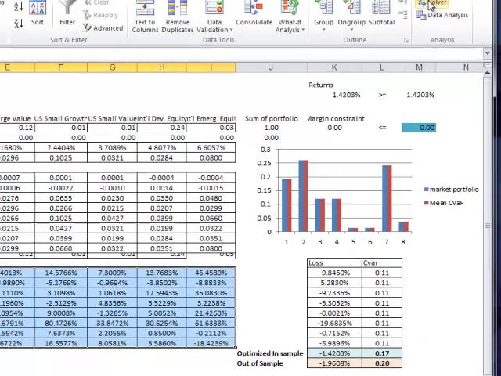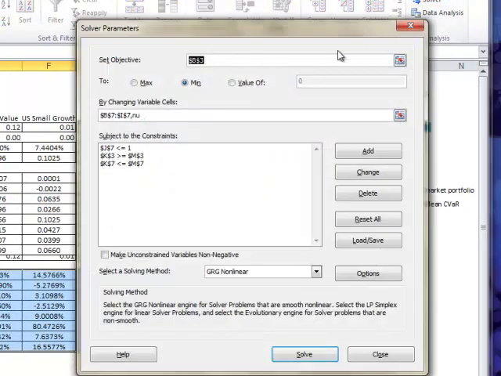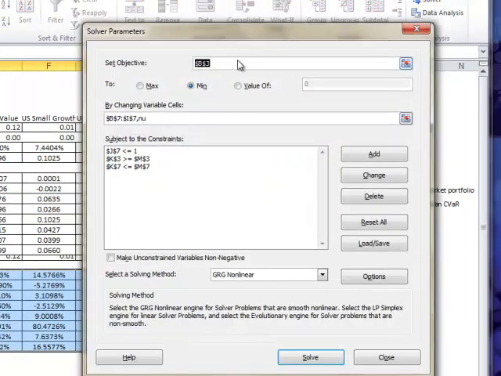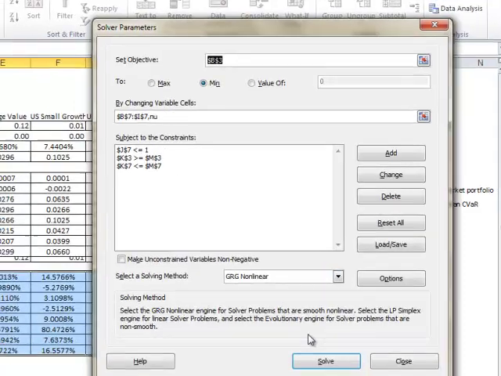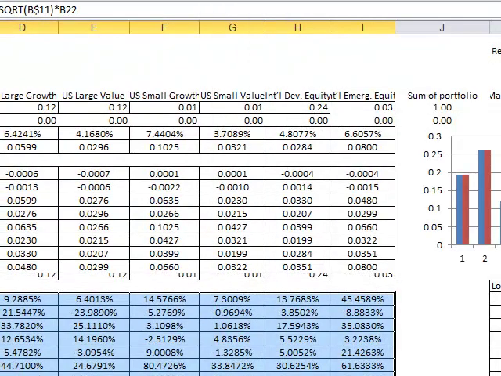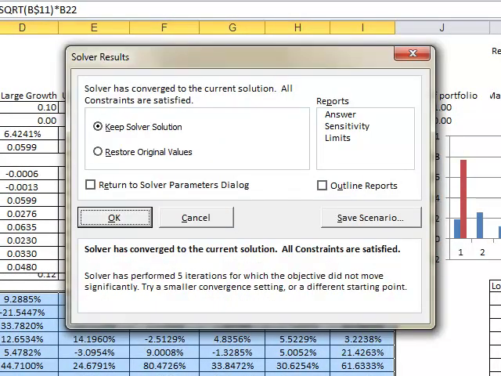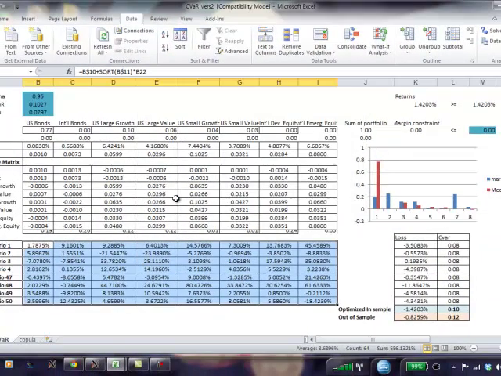So I'm going to go to Solver and it sets up the constraints. It's trying to change the CVaR value by changing various components. All the portfolio weights have to add up to 1 and so on. If I solve this, it finds a new portfolio. And now if you compare what happens to the mean CVaR with respect to the market portfolio, it's